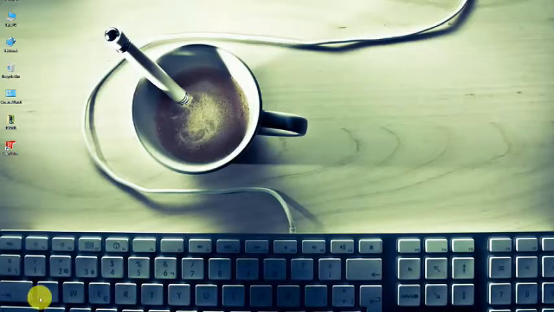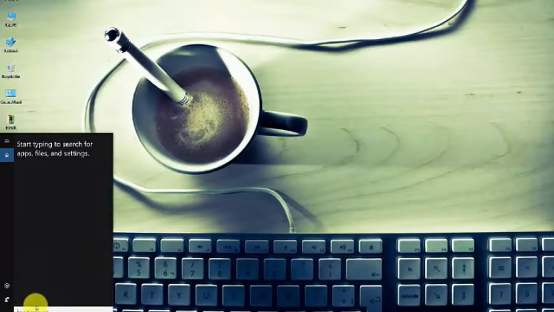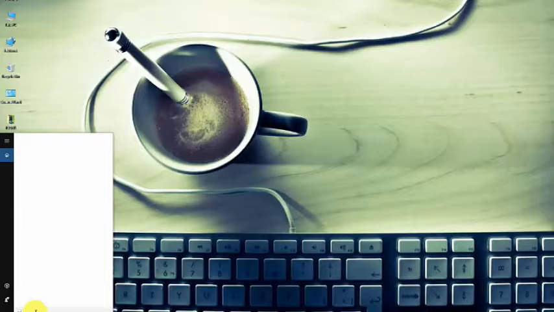For that you have to go to the services and disable it manually. And to do that we have to go to search and type services.